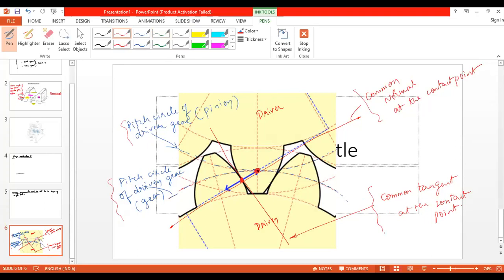And here one more point. Here, can I mark a point here? Okay, here I have marked the point, which can be called the point where both the pitch circles meet. Okay, this is known as the pitch point. Okay, these are very important terms. Please understand. If you have any doubt, you can ask me. Okay, pitch point, common normal, common tangent, and pitch point. Is it clear? Yes, sir.